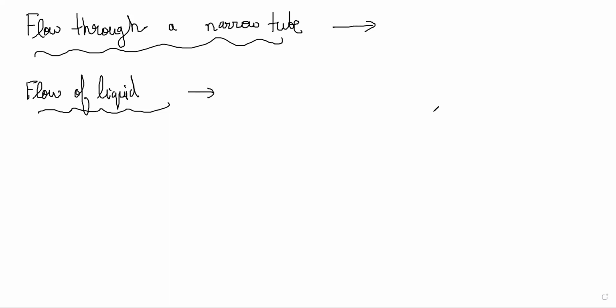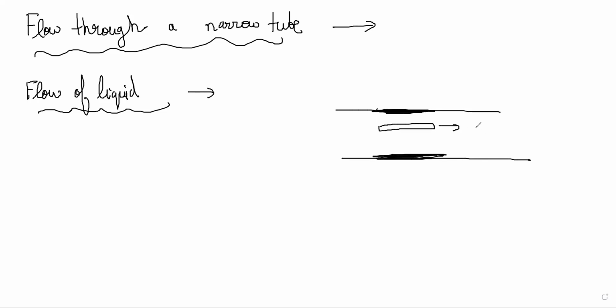Now he's saying because of viscosity, the layer that is in contact with the walls of the tube will have zero velocity, right? Fluid that is in contact with the tube walls will have zero velocity, and the layers which are away from the wall will move fast. So there is a variation in the speeds of the fluid. Poiseuille derived a formula for the rate of flow of viscous fluid.